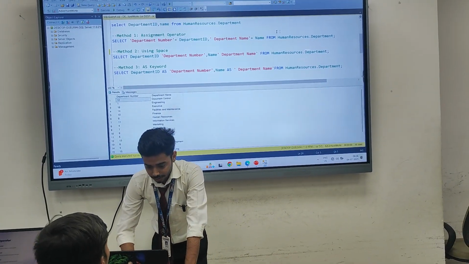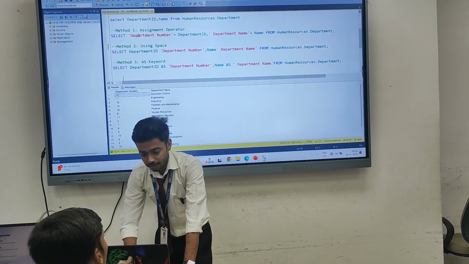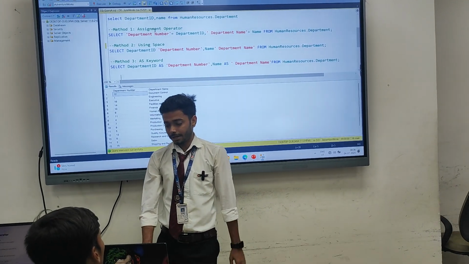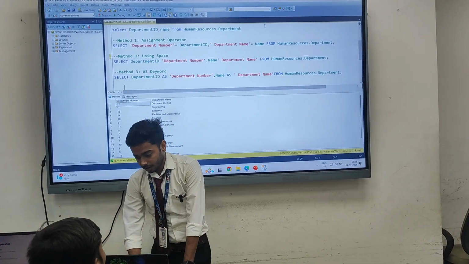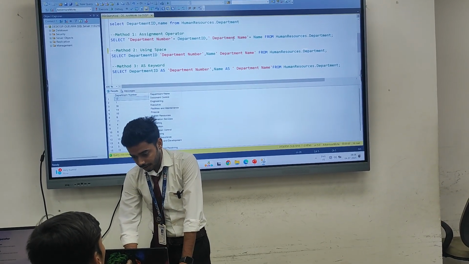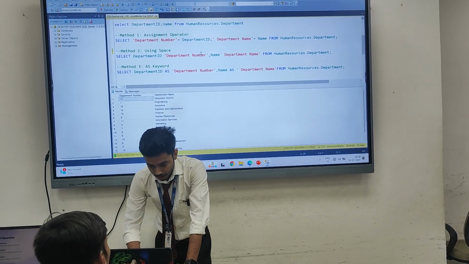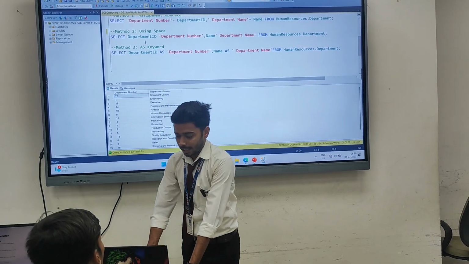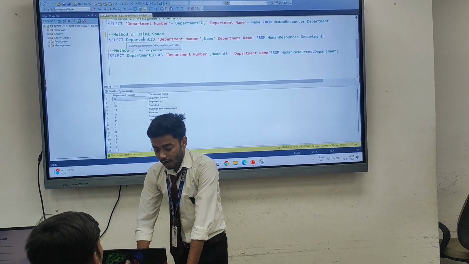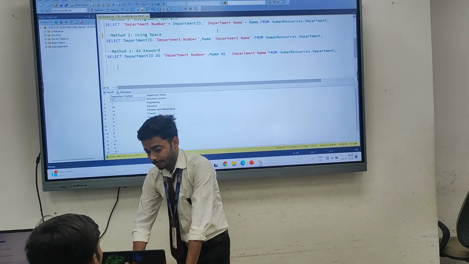So in the assignment operator, we first write the alias name like department number and the column name department ID, and then for the second column, department name and then the column name name. In the second method, using space, we simply write the column name department ID and just beside it the alias department number.